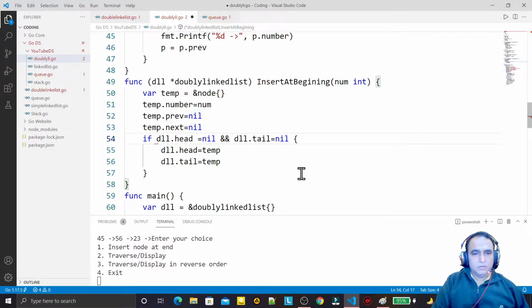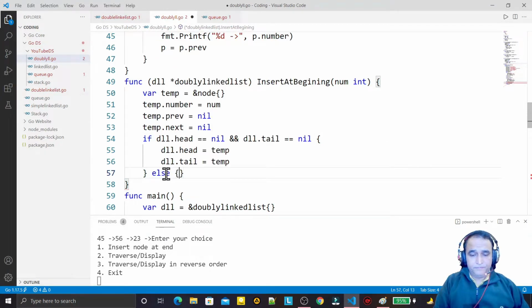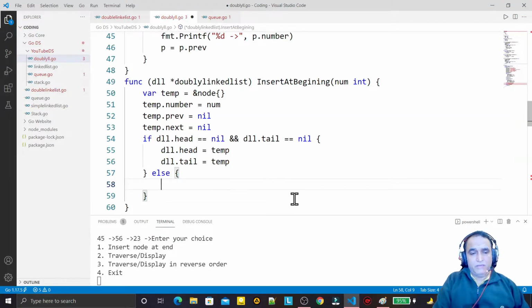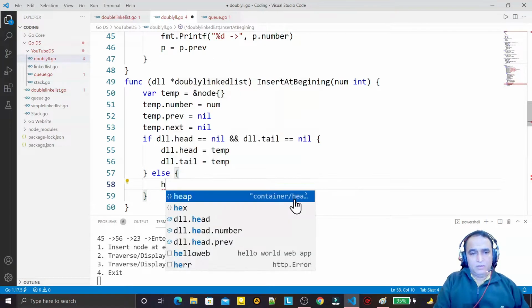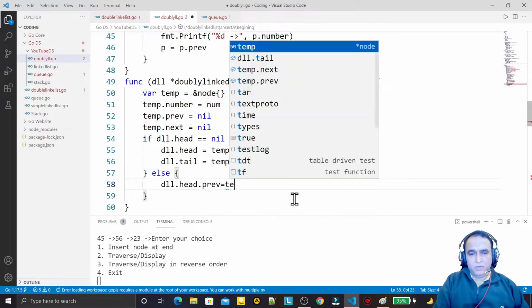Okay, if equal to nil, then okay. So we have a first node, so we pass this head and tail both having a temp, else we have a head node, that is the first one, so I say the dll dot head dot previous equal to temp,